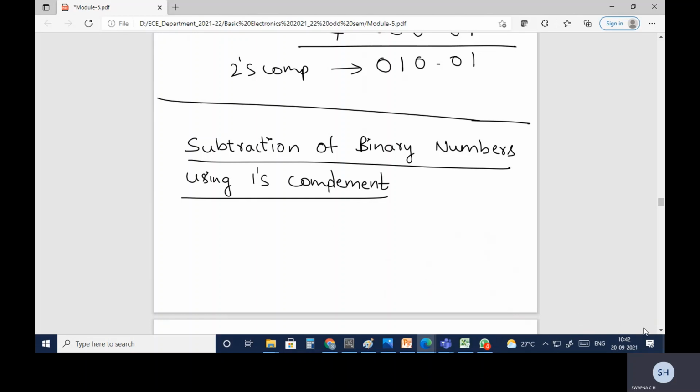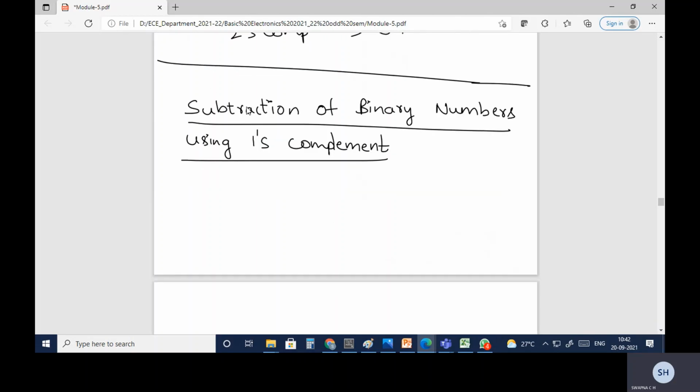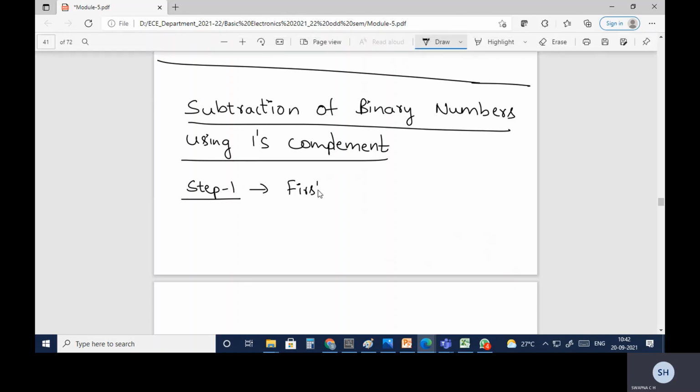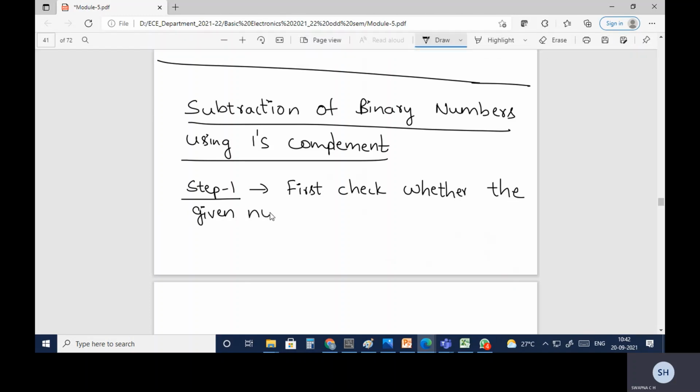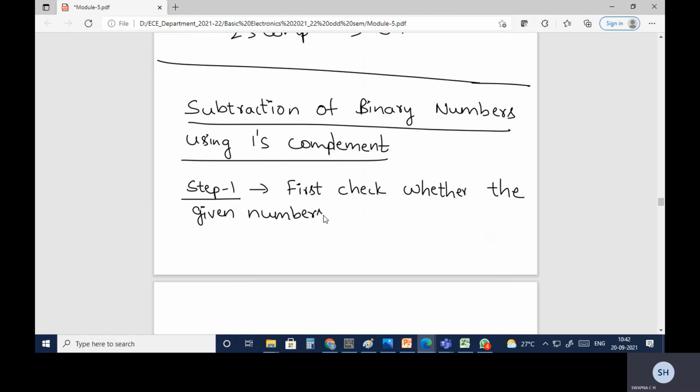So in order to do this, we have some steps to follow. Okay, so step 1: first you need to check whether the given numbers are in binary form or not.